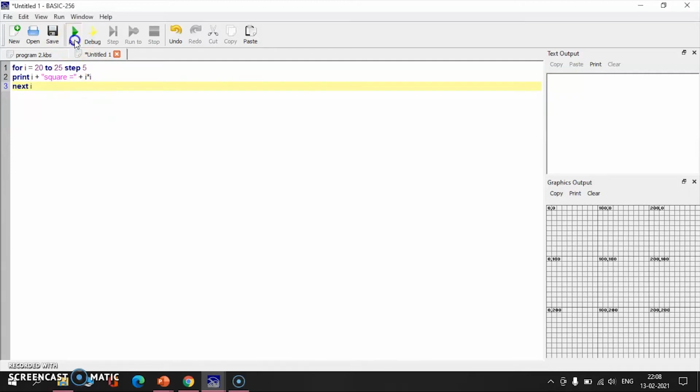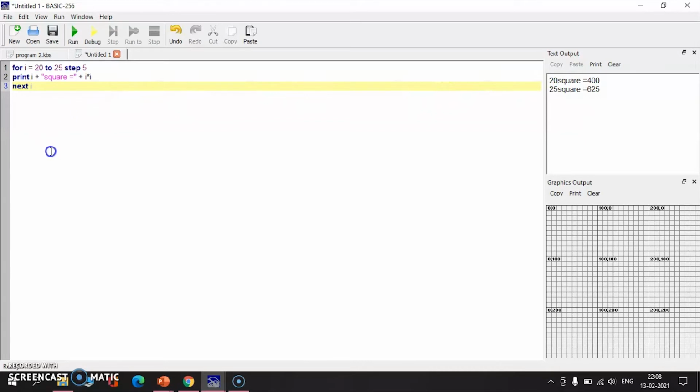Now I am going to run this program, and you will get the output as 20 square is equal to 400, because initially the value for I is taken as 20. Then I into I is calculated, which means it's I square. So 20 square is 400, and your result is displayed. Then it moves on to the next I, which is incremented by 5. So 20 plus 5 gives 25, square is equal to 625. So it stops when the value reaches 25, that is, till the value reaches expression 2. And then we get the output. Are you all clear, children?